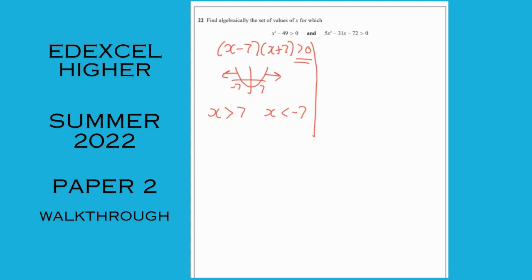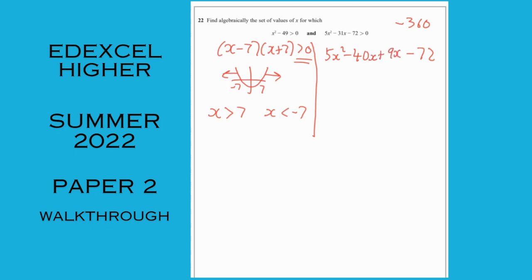This one's a horrible one to factorise, but I did it anyway. You could use the formula. You've got your calculator, feel free. The formula's just as good. I went for the AC method. 5 times -72 is -360. We need 2 numbers that multiply together to make -360 and add together to make -31. Yes, I used my calc. It was -40